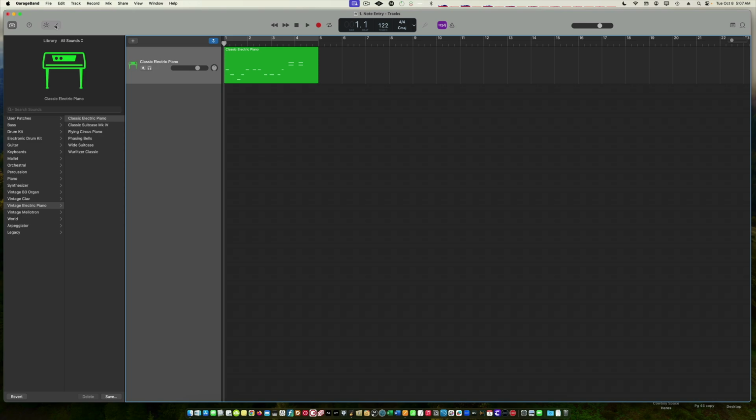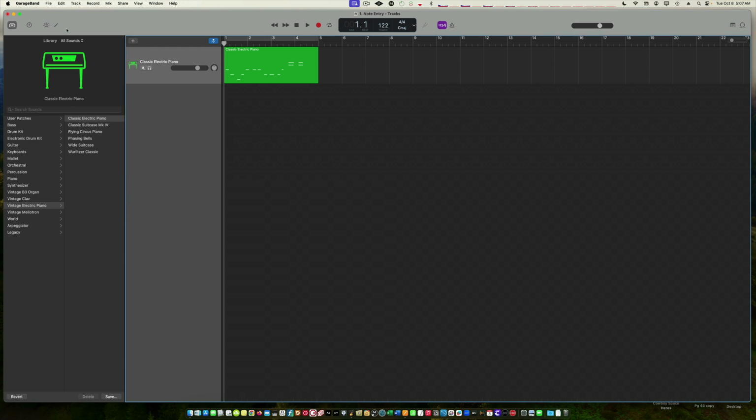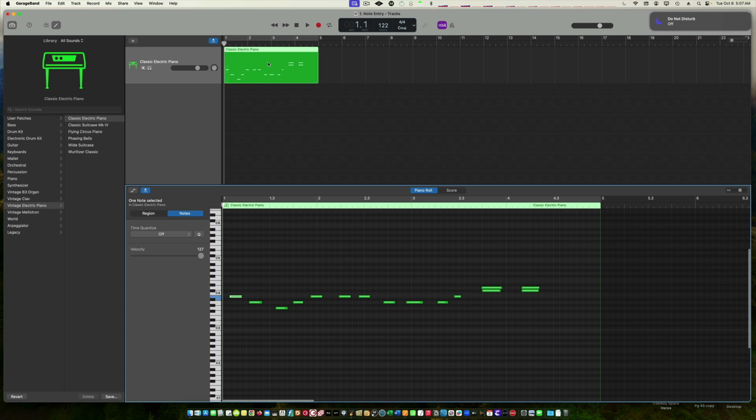So I'm going to talk about how to edit your MIDI tracks. I mean, theoretically, you can edit it so you have a perfect performance, so to speak. There are any number of ways you can get to the editor's window on the MIDI track. You can go up to the little pencil icon here, click on it, and it will open the window up. You can also type E on your computer keyboard. That will open the window up. Or you can just double click on the MIDI data in the track, and that will open it up. So any of the above methods will open up the